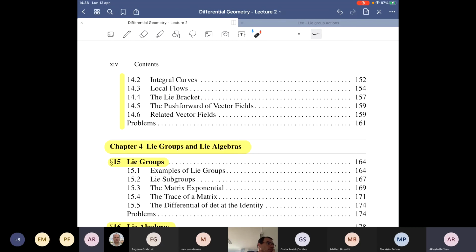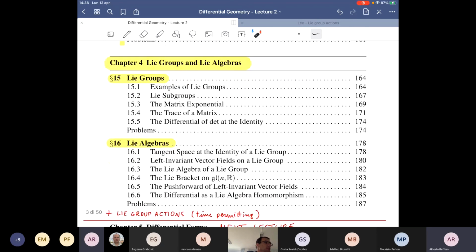And after this first part, I shall focus on the Lie groups and the Lie algebras, so this will be the second part of today's lecture. And so first of all, we shall discuss the Lie groups and moving through examples and properties of such special type of manifolds. And then we will see a related concept, which is that of the Lie algebras.